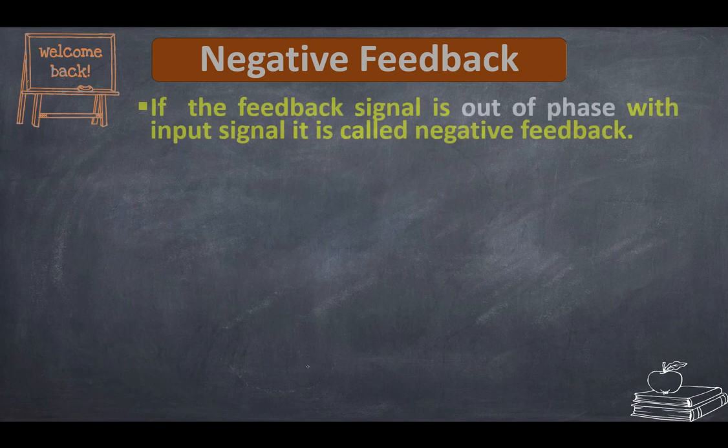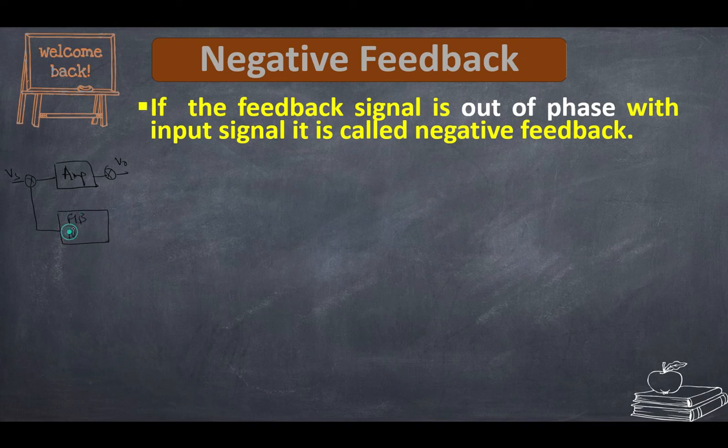Then negative feedback, again the same diagram. If I have to explain, there will be an amplifier. This amplifier will have output voltage and input voltage as Vs, but the amplifier's input is altered by the feedback network. There will be a voltage taken from the feedback network. This is Vf. So if I have to write Vs, suppose I have Vs like this and Vf will be like this.